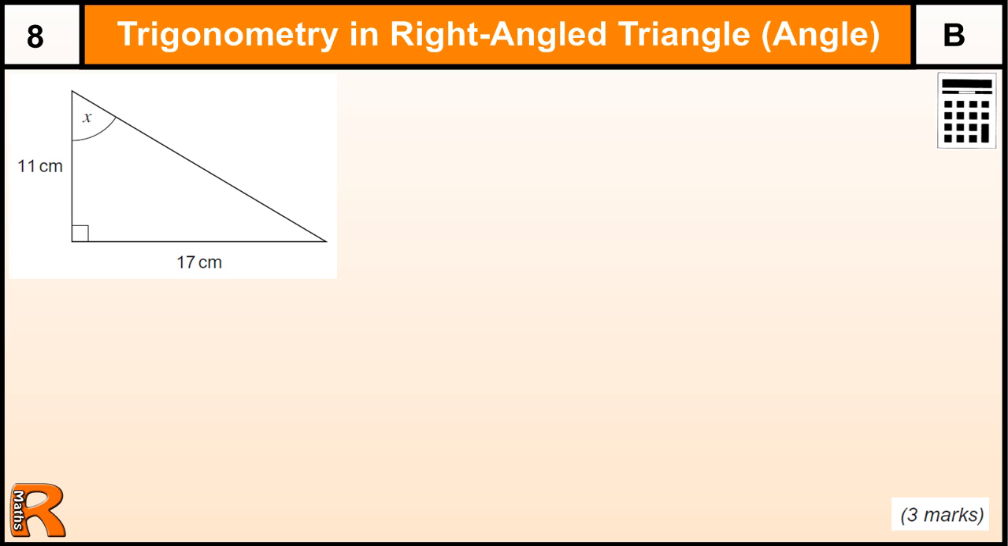Okay, here we have a trigonometry question. We know it's trigonometry because it's a right angle triangle and the angle is involved. In this question it's actually missing, so we're trying to find it out. So when we're doing a trigonometry question, first thing we need to do is to write out our rules once